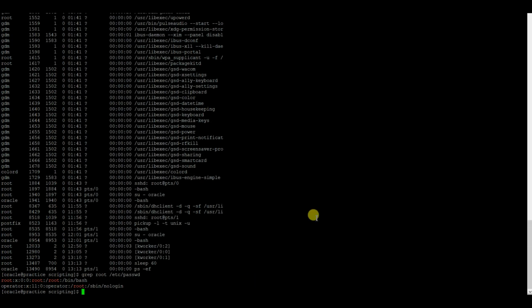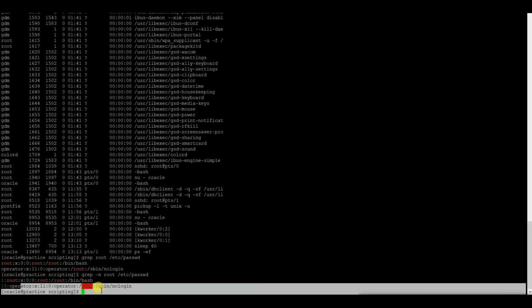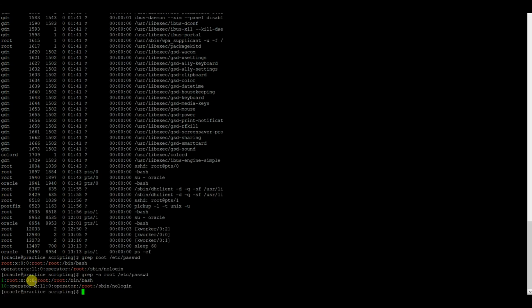Now if you wanted to know in which lines this root prevails, you can find it with this command. You need to include -n with it, and you can see here that these two lines, the first line and the 10th line of this file, have the root word present in them. Those will be showing, meaning you can see the color has been changed. You can change it through your settings also. The color has been changed because I am searching for root, so those have been highlighted in here.